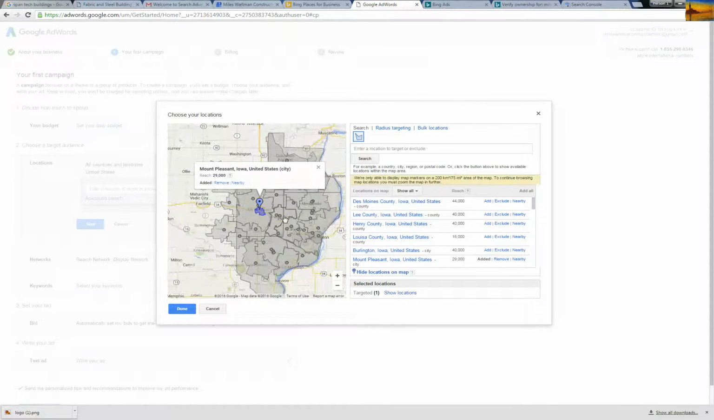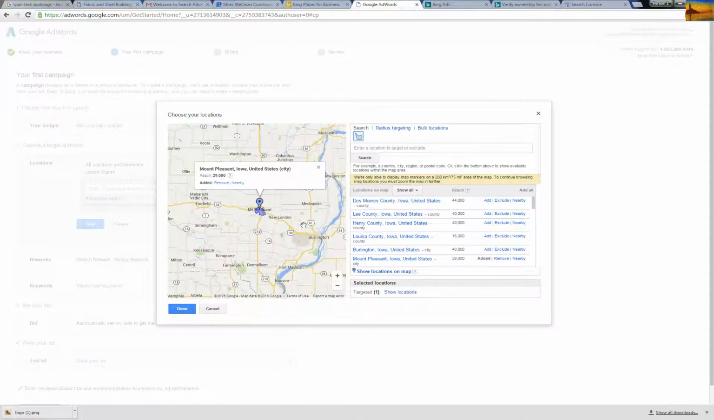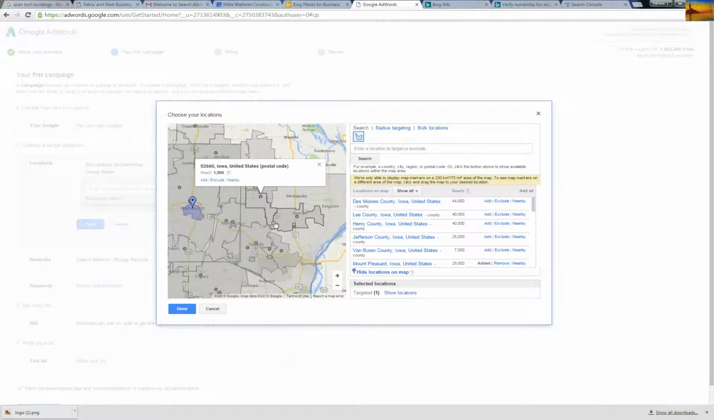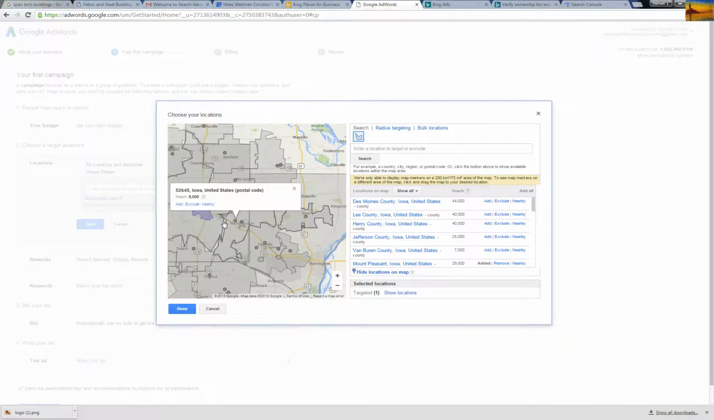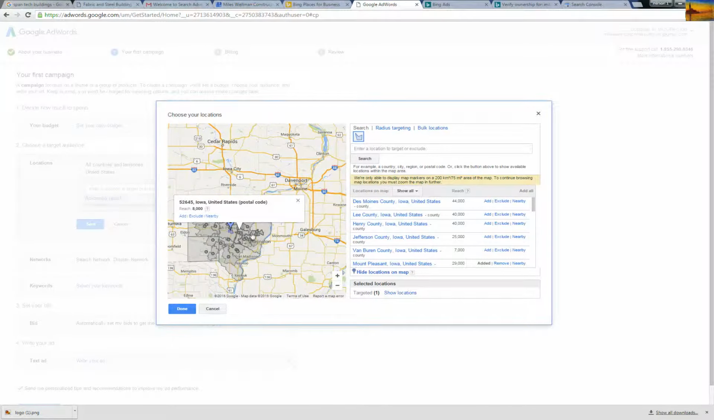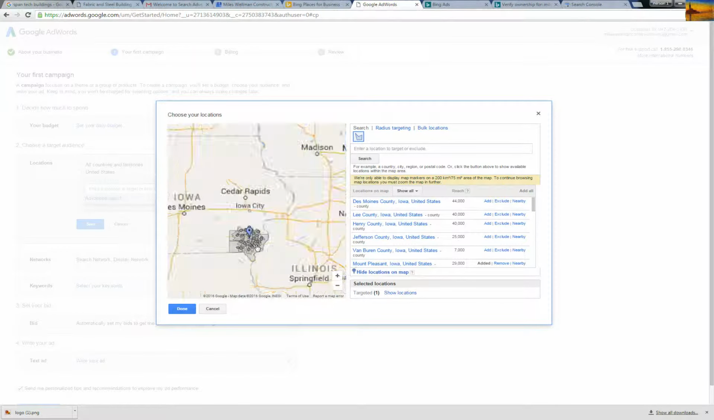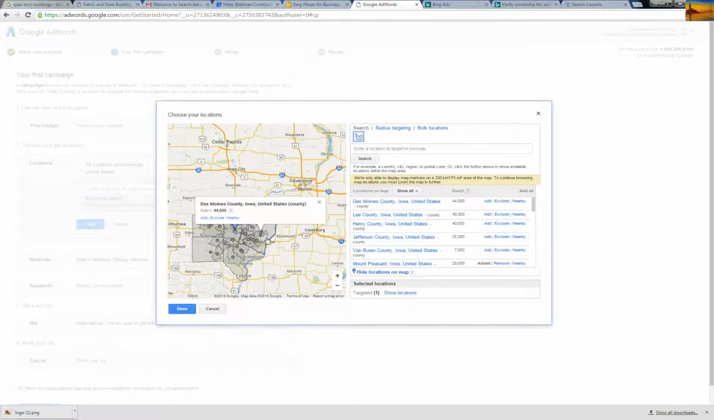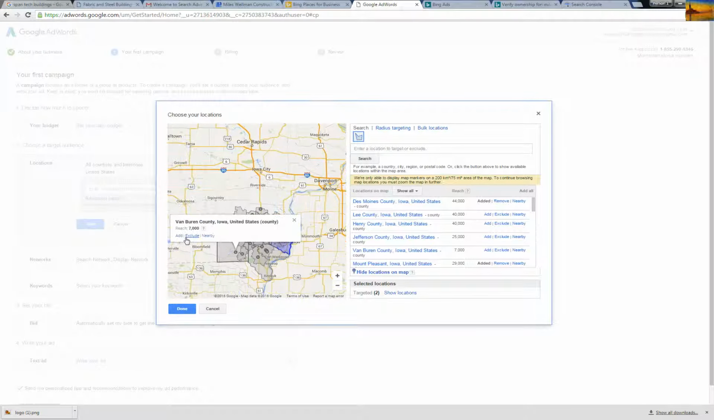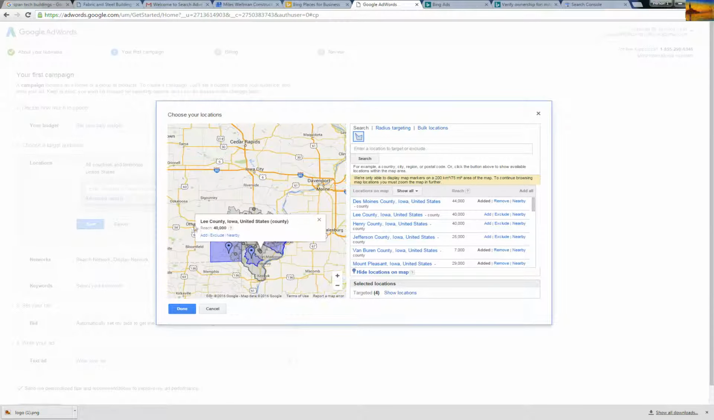So if you want to draw a map like so, you can see it, however big you want to go here. If you want to add, you can add more areas, so you can get pretty detailed about where you want to advertise at. So once you have your areas selected,